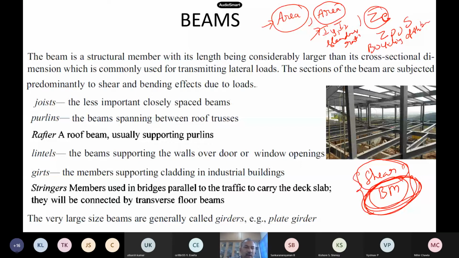Now to define what is meant by a beam, this is just a typical definition. It's just a structural member where one dimension is very, very long compared to the other dimensions. That is the most important thing in beams. When one dimension is longer than the others, the Euler-Bernoulli beam theory can be used. Plane sections remain plane, and you can collapse the entire beam to a centroidal axis. So a 3D beam collapses to a simple line.